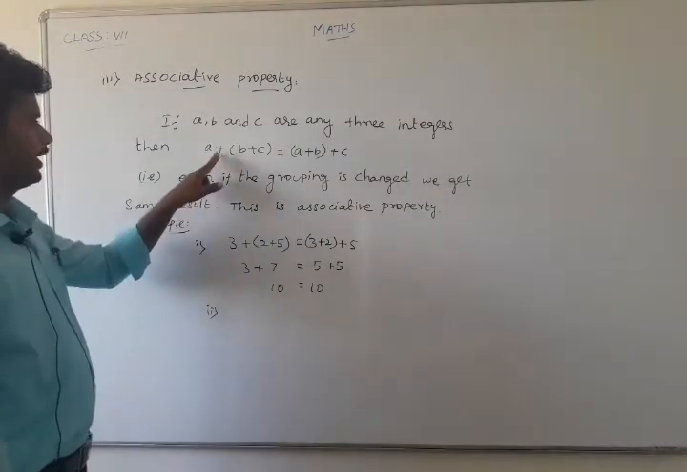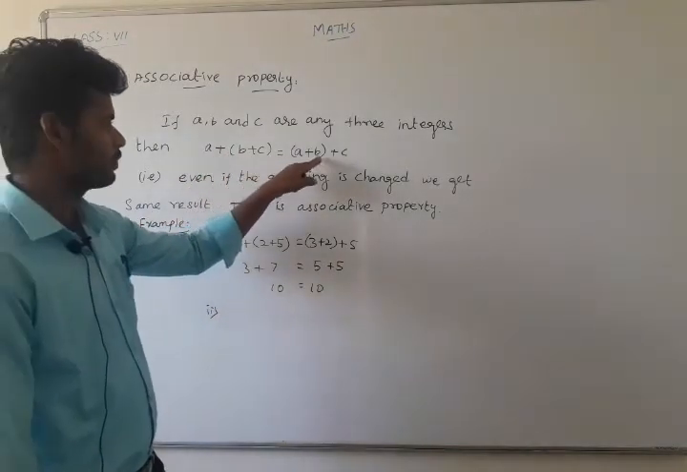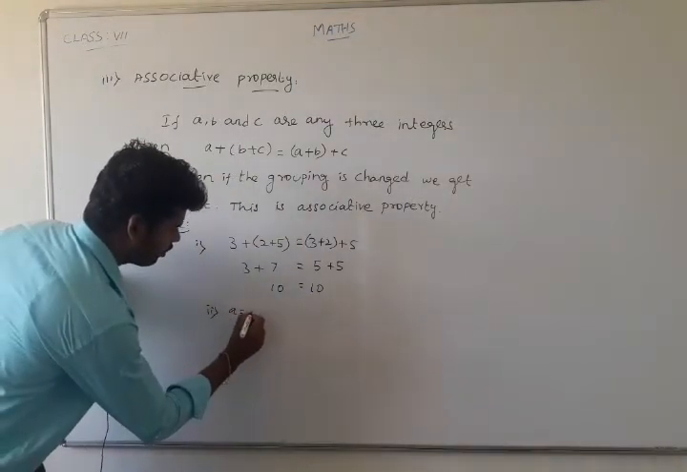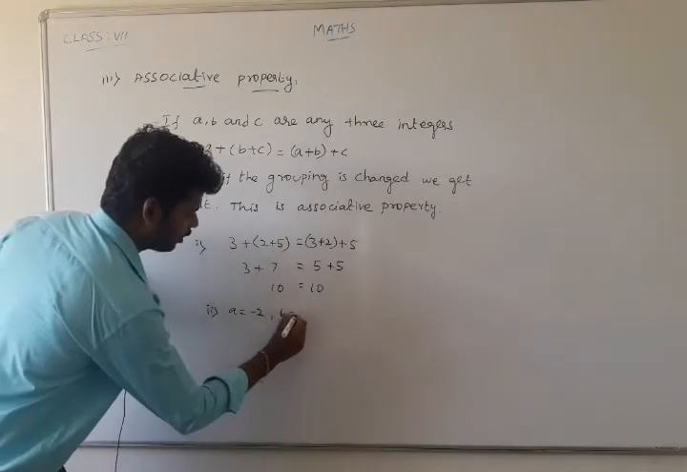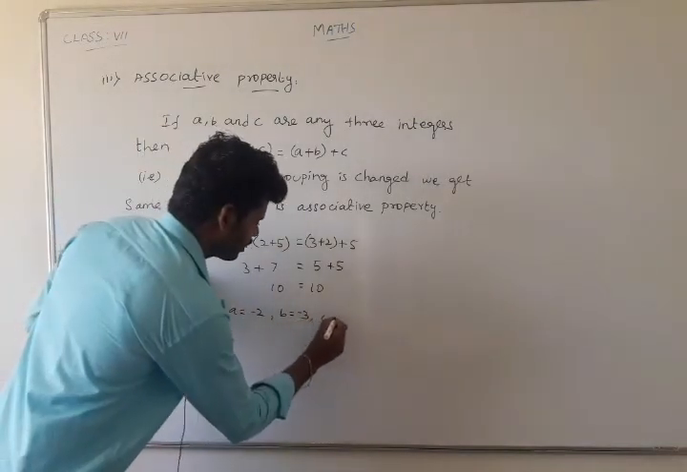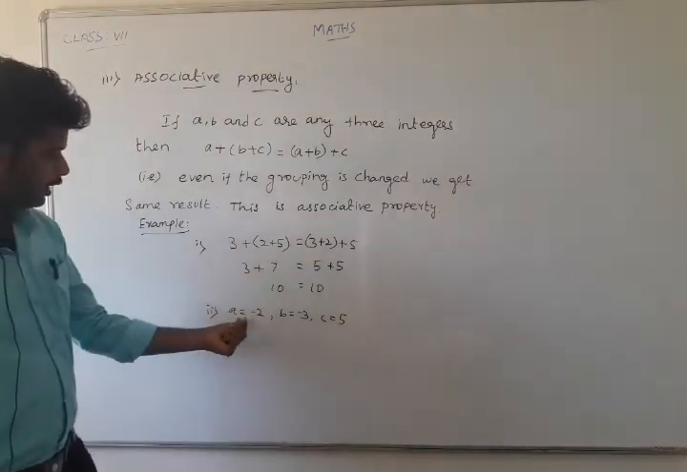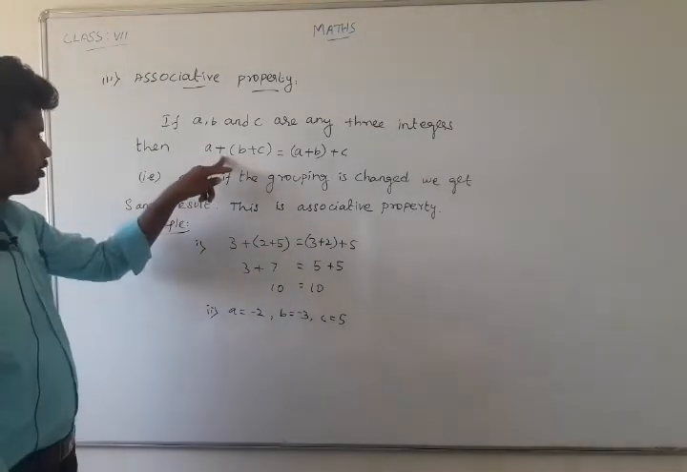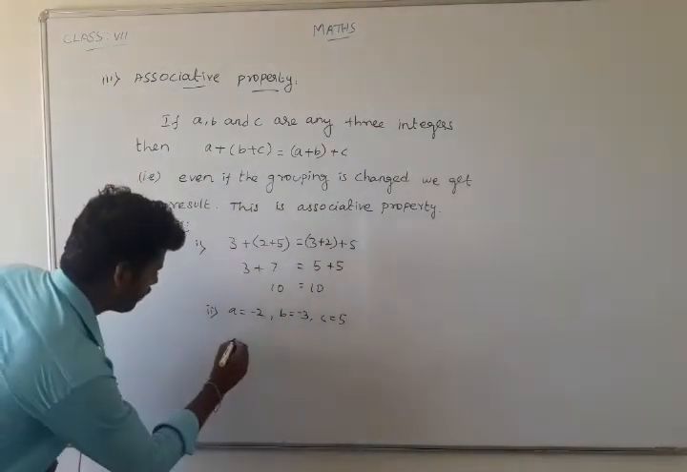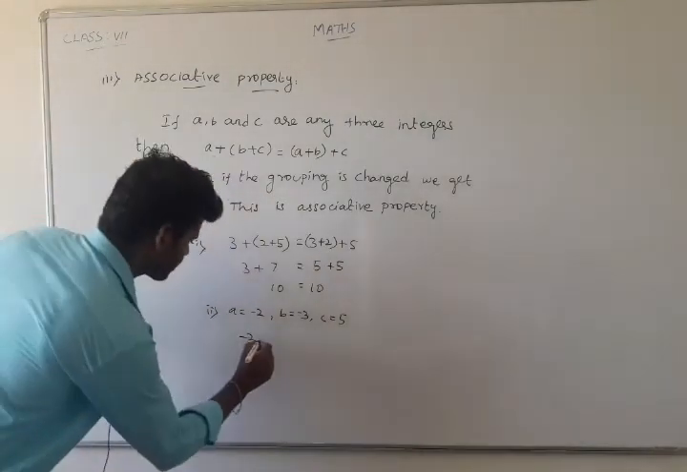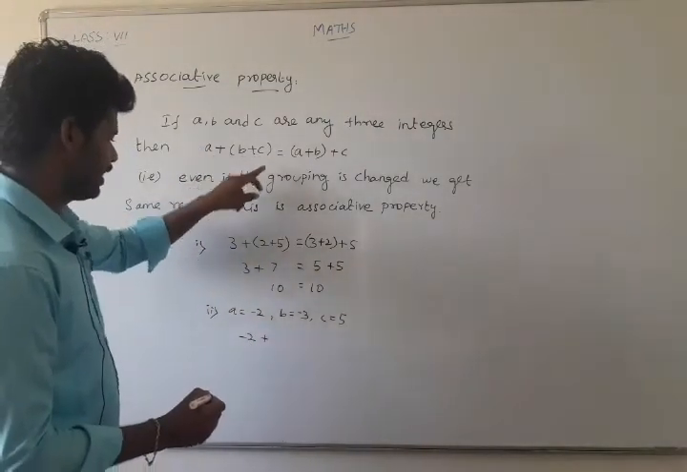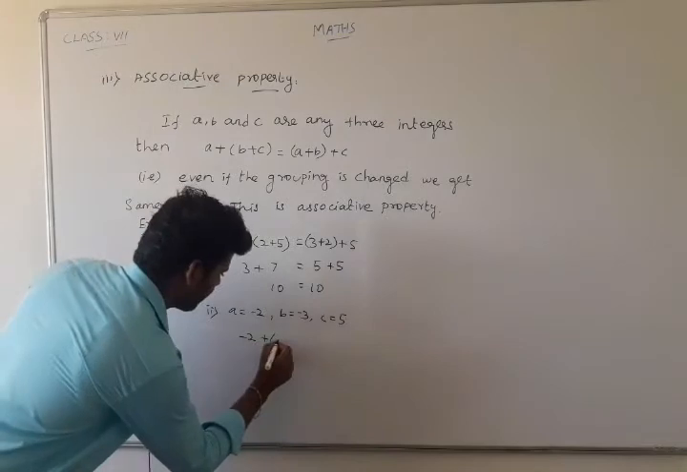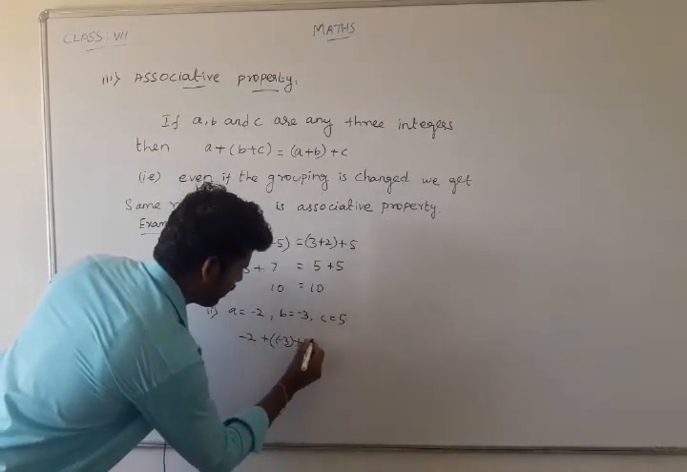Another example. The second one is the same: a plus b plus c equals a plus b plus c. You take three integers. Here a equal to minus 2, b equal to minus 3, c equal to 5. A value, b value, c value. Same here, a value, b value, c value. Here we use this formula. First one, a, here minus 2, plus inside b plus c, b is minus 3, c is 5, so minus 3 plus 5